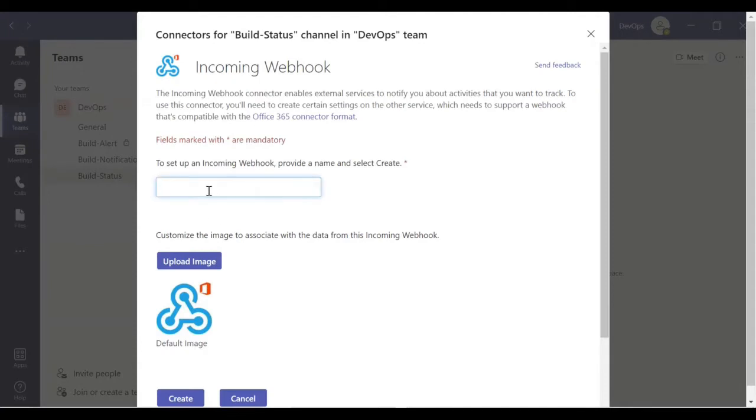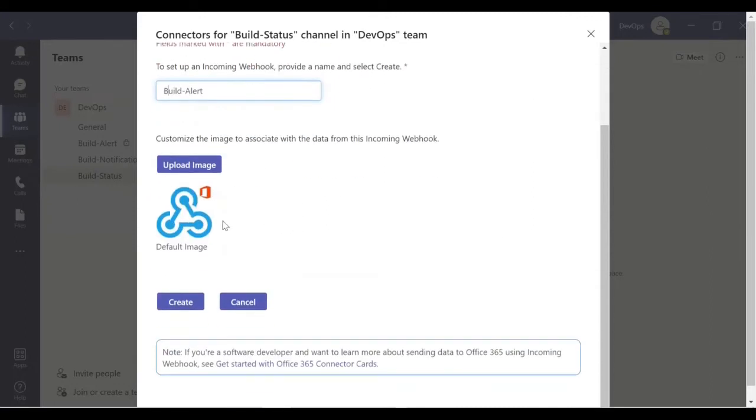Now you need to give a name, the heading of the triggered notification. I say build notification, or say build alert. Then you can also upload an image, the avatar which you want.